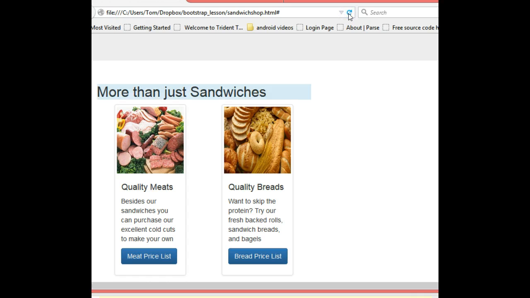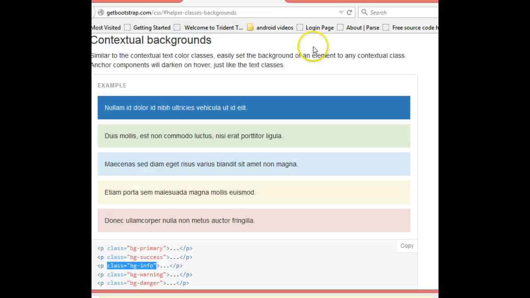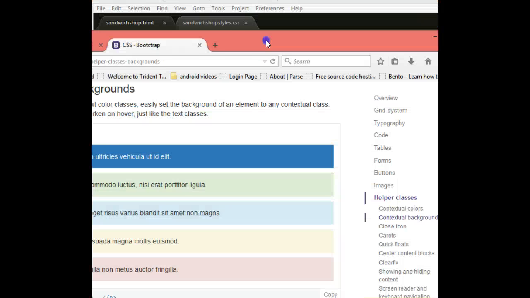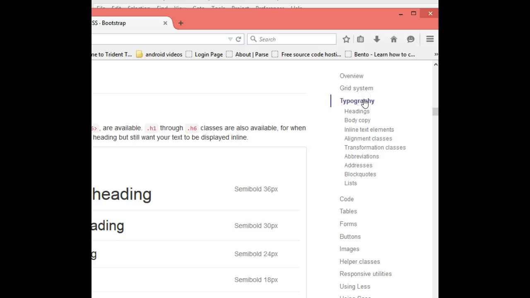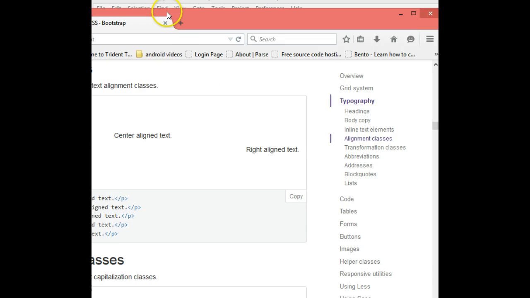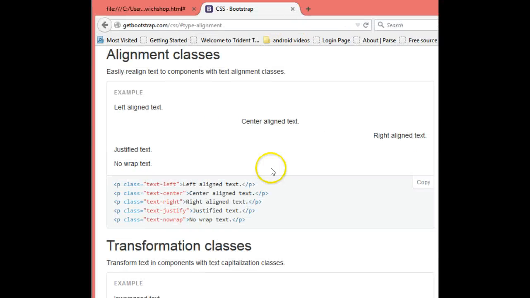Nice. So the only thing we want to do now is center this text. So let's go into CSS, the Bootstrap again, and go to typography, and let's see, alignment classes. So we want to use a class that they've already done for us. All right, so we have all these different ones that we could use, and what we want to use is the text center. Since we already have the class equals in there, we're just going to grab the text center, copy that,